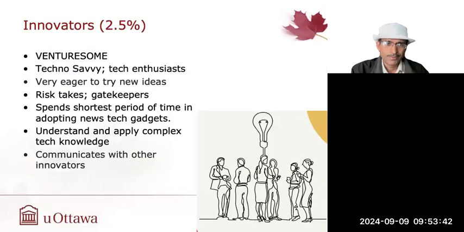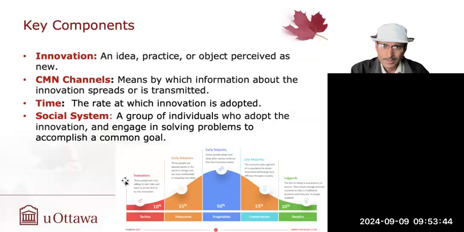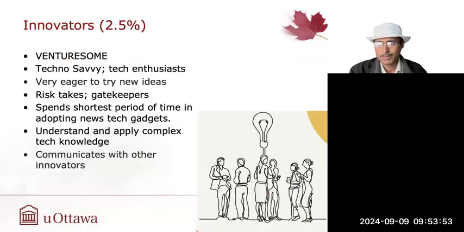Innovators mean 2.5%. The percentage given on the slide is not correct based on Rogers' model. In Rogers' model, innovators mean 2.5%. Very few people want to experiment with a situation. When there are new gadgets available in the market, very few people are fond of trying and experimenting with something new. These are very venturesome people, techno-savvy, tech enthusiasts, experimental,